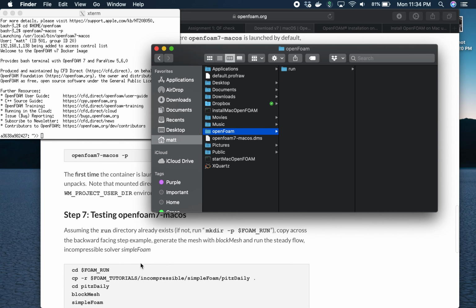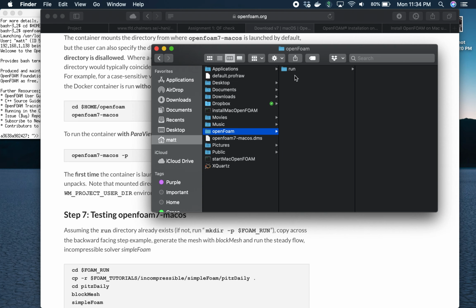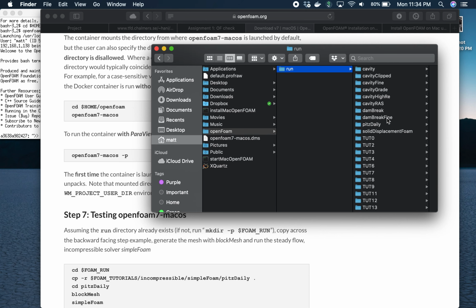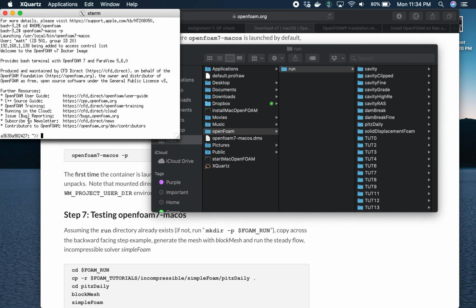in this beginning tutorial it says if you don't have the run directory, you can make the directory by typing in this code, mkdir -p $FOAM_RUN, and that will make this folder called run. And pretty much you can store all your files in here, and you can switch between all your different files. We do cd FOAM_RUN,